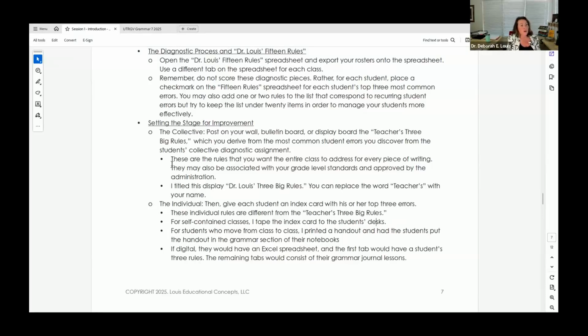So these are the rules that you want the entire class to address for every piece of writing. And right at the beginning of the year, teachers, if you set the stage that grammar is important, and the other thing that I'd like to do is I'd like to talk to